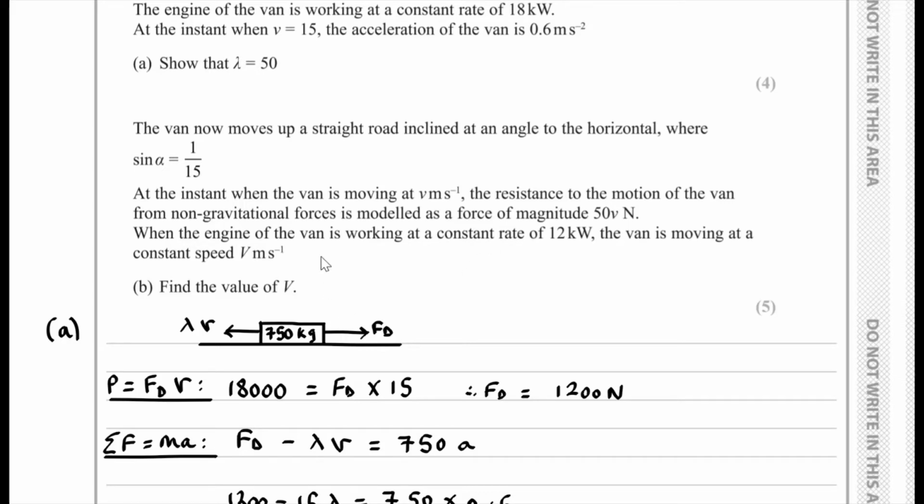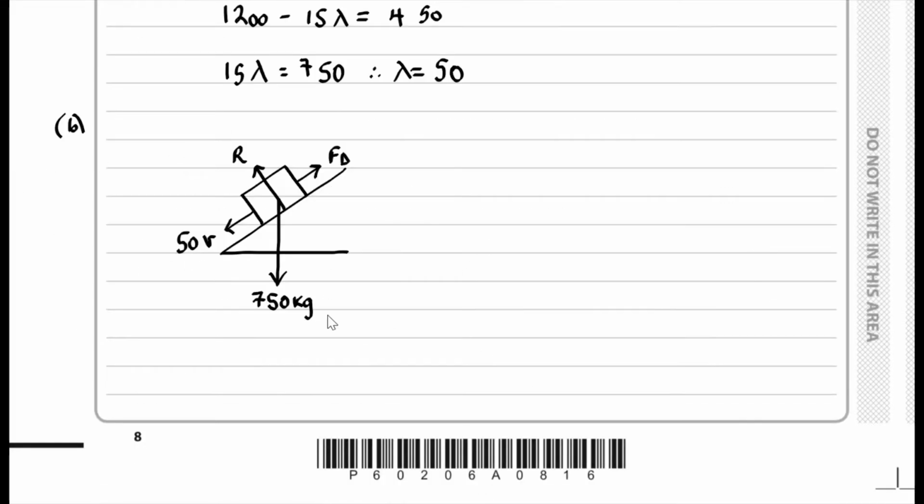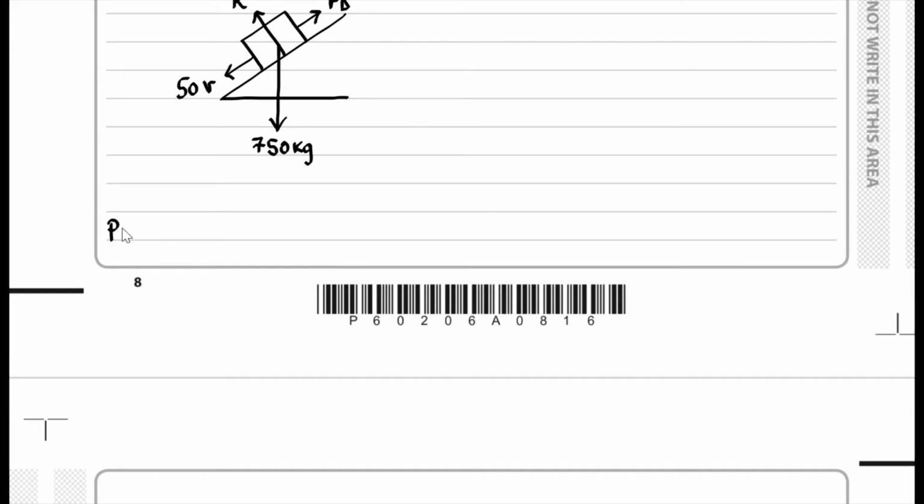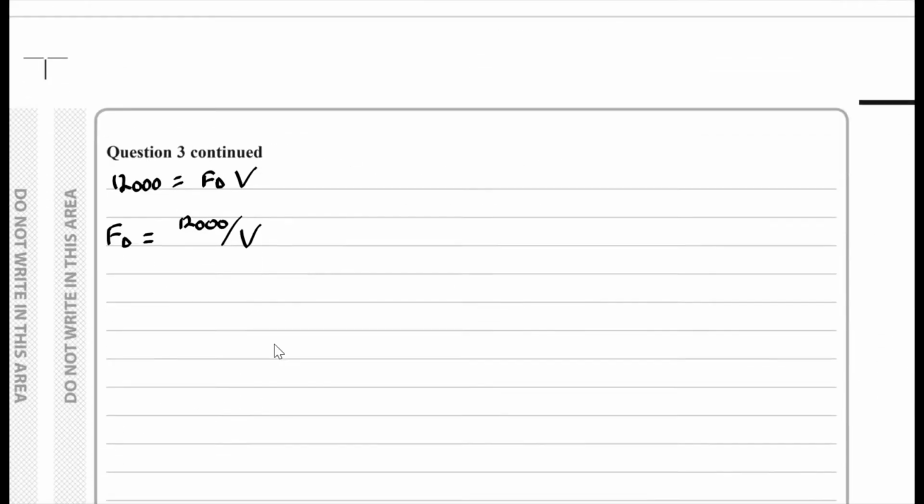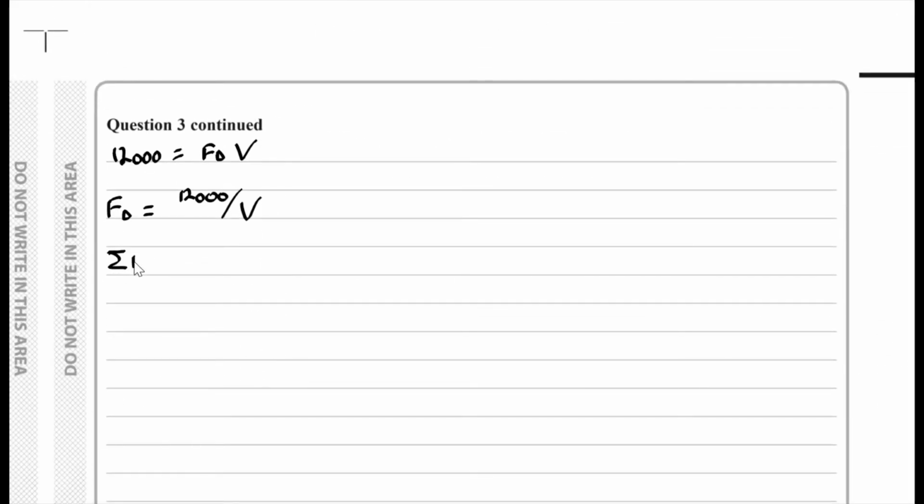Okay. To begin with, we need to draw out the situation. Having drawn this, using P equals Fd times by v, hopefully you can therefore see from here that we have a power of 12,000, and this is equal to Fd multiplied by big V. Fd, of course, is equal to 12,000 over V. Okay, and if we use the sum of the forces equals the mass times by the acceleration, just as we did before,